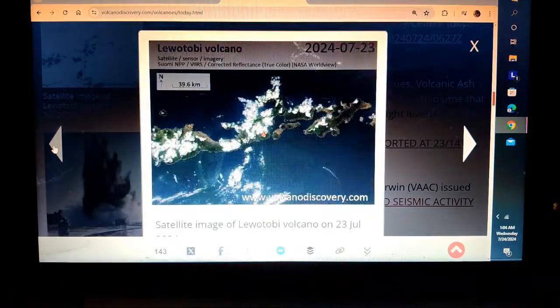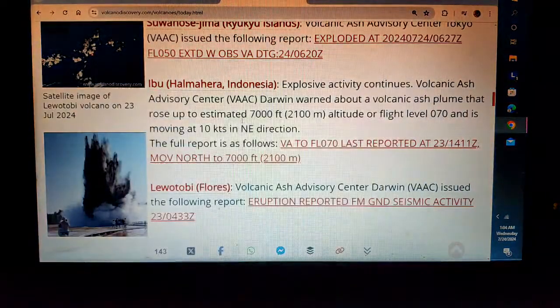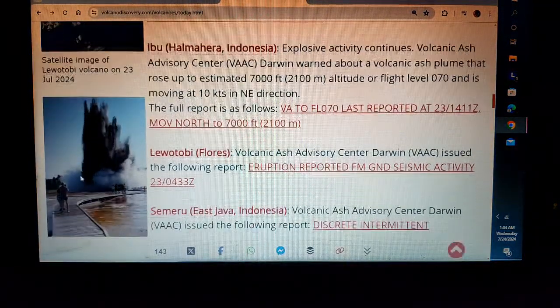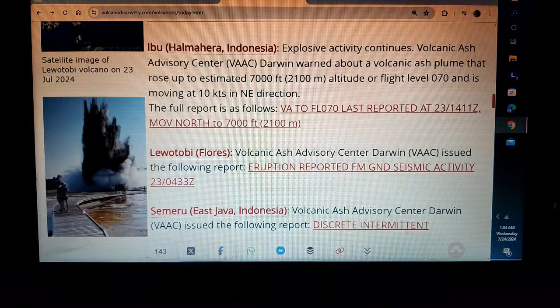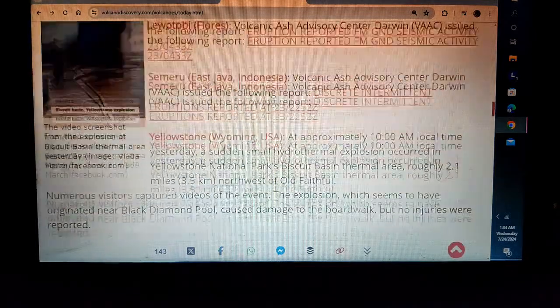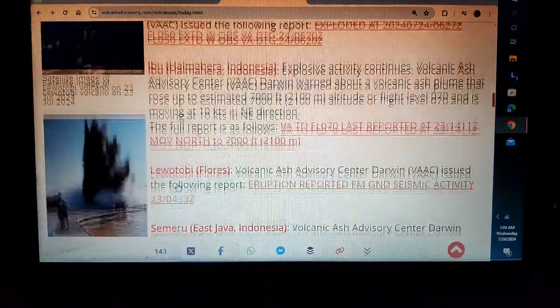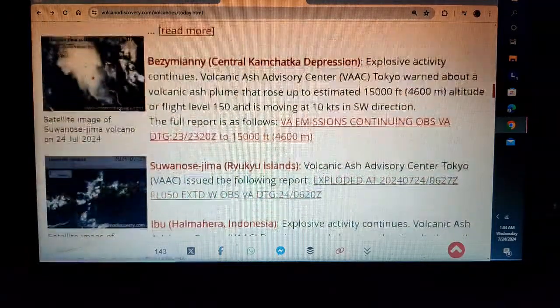The picture on the side was better than that. And we have Yellowstone to 700 feet. Okay? No. I want you guys to think of something here. This is a mouse fart compared to the others.